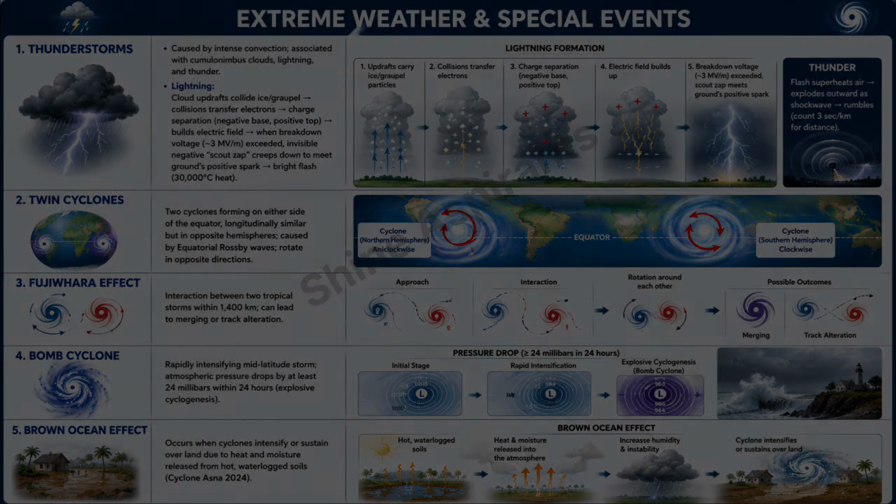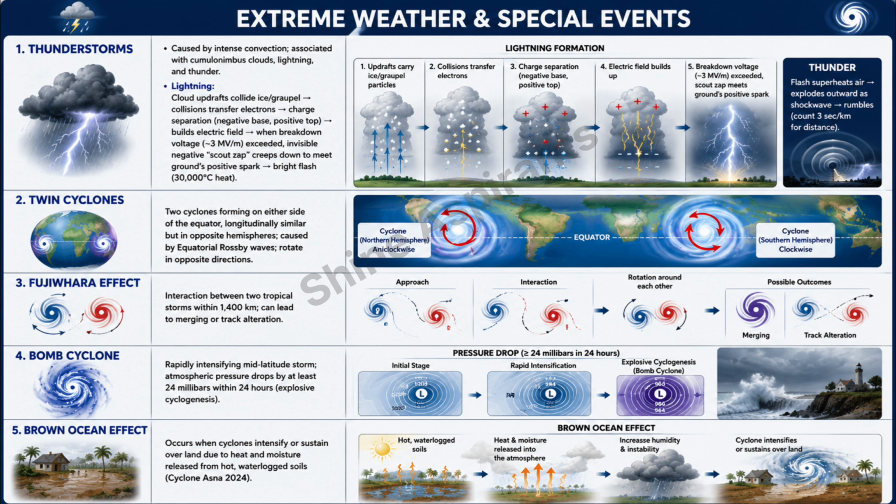Extreme weather and special events. Thunderstorms, caused by intense convection, associated with cumulonimbus clouds, lightning and thunder. Lightning: cloud updrafts collide ice and graupel, and collisions transfer